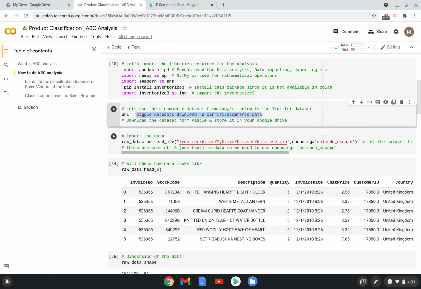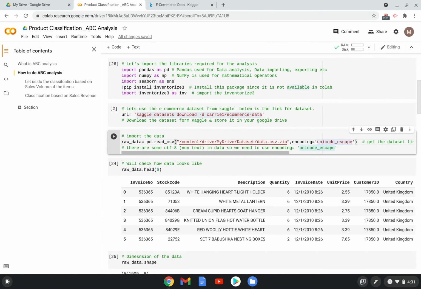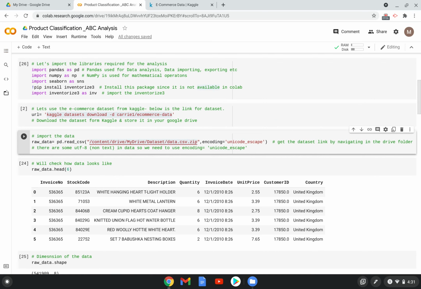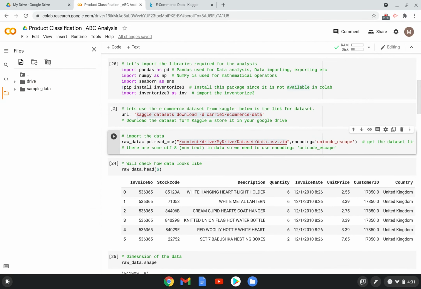Then we need to import that data set to our Google Colab. So there are two ways to do this. One is you can give the source link. You can upload this data set to the Google Drive. Then you can give the path of that Google Drive in the Colab. So I prefer this. Let me tell you the other way. The other way is you just need to upload that data set to this Google Workspace.